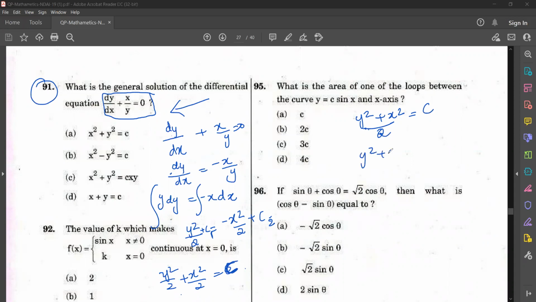Then y square plus x square is equal to, combine every constant as a single constant. You have to do that, because in the options it will be like that only. For that, if you need, you can keep this as C3. Then if you take this as C3, we just combine 2C3 as C. Anyway, that is not a problem. You have to combine all the constants and write in the answer. So here the answer is x square plus y square is equal to C. Option A is the correct answer.